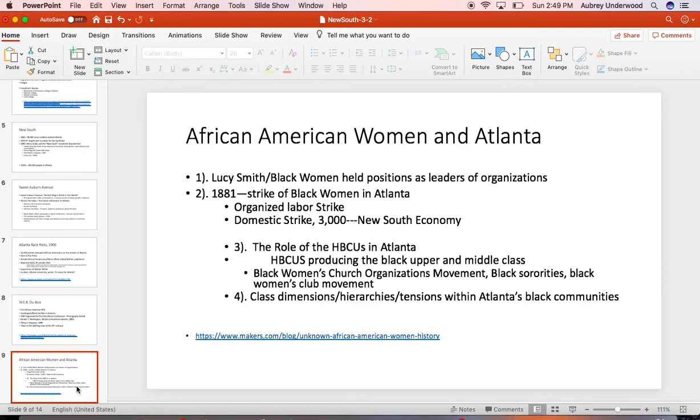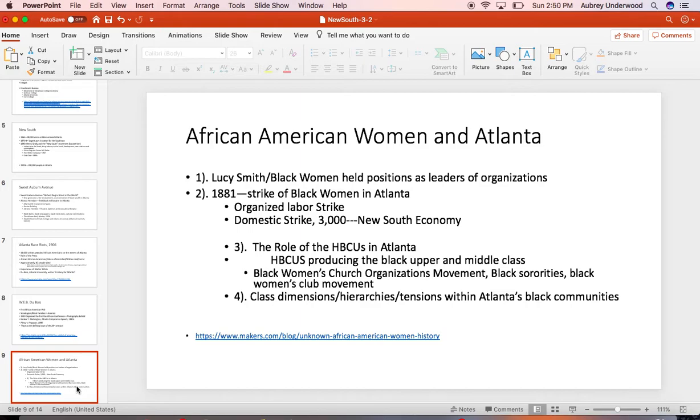This domestic strike included nearly 3,000 women, and you have to think about the ways these women organized themselves, how they understood this, and the ways this strike would have gone on. Certainly, one of the reasons we see the creation of the Black middle class in Atlanta is access to education and the role of the Atlanta University Center, which was not only producing professionals, but Black women involved in suffrage, child labor laws, creating educational opportunities, medical equality, all aspects of public life.